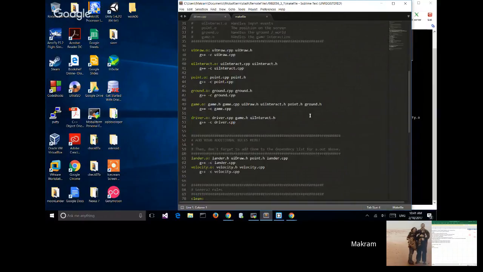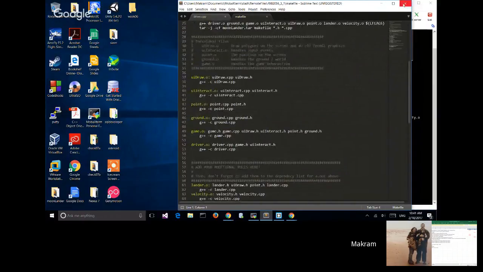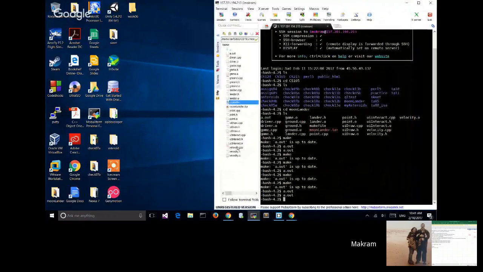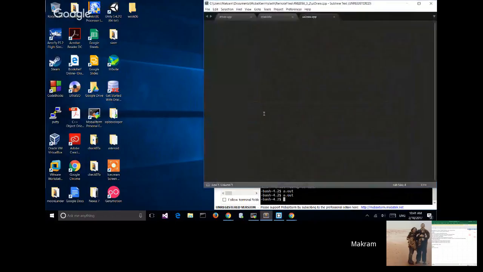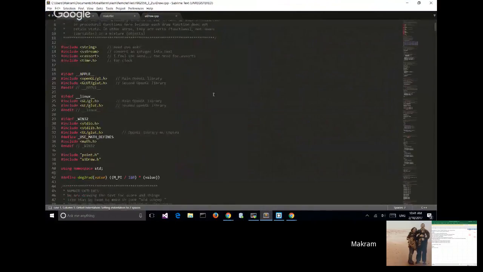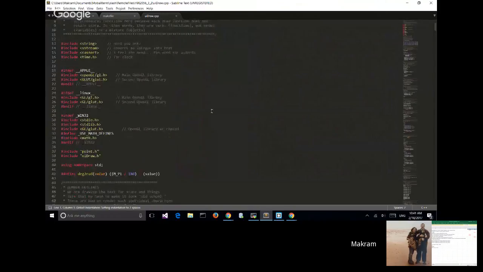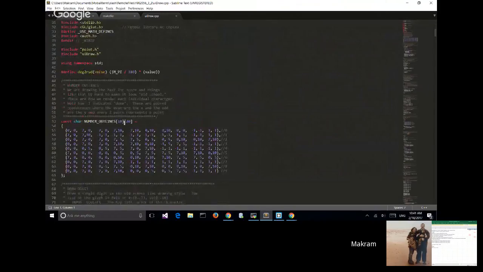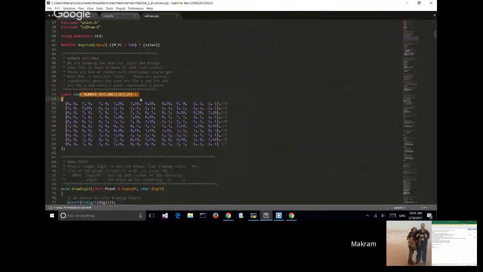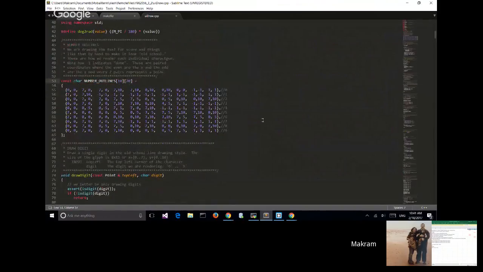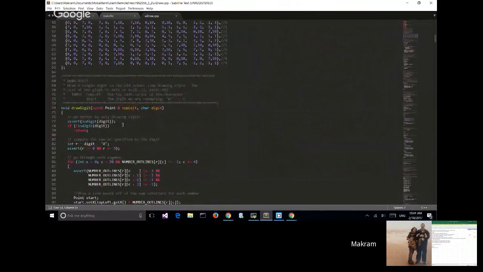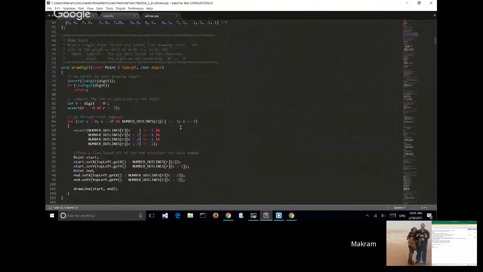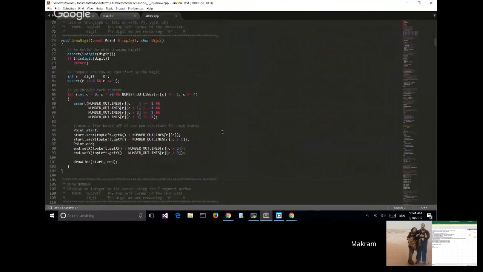Okay. So I think the library here is draw.h and draw.cpp. This is the one that you have to draw. This is how we draw numbers and digits on the screen. So that's how you draw the terrain? Yes.